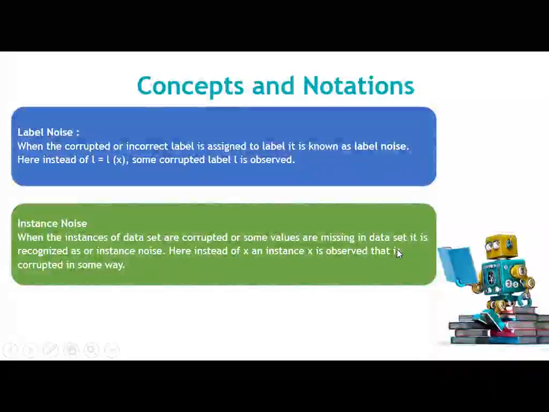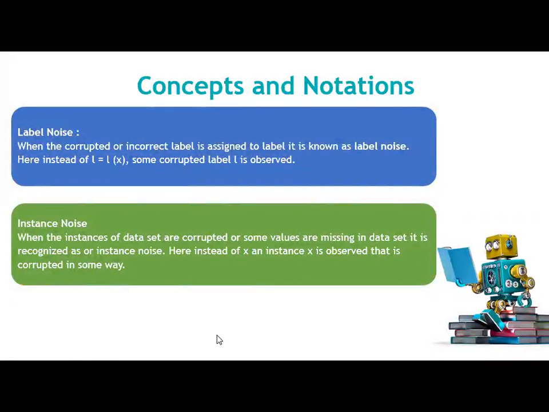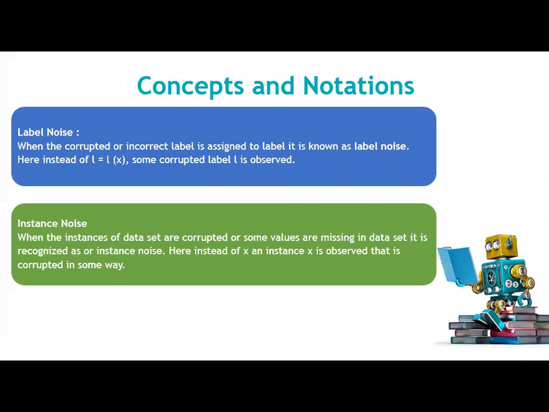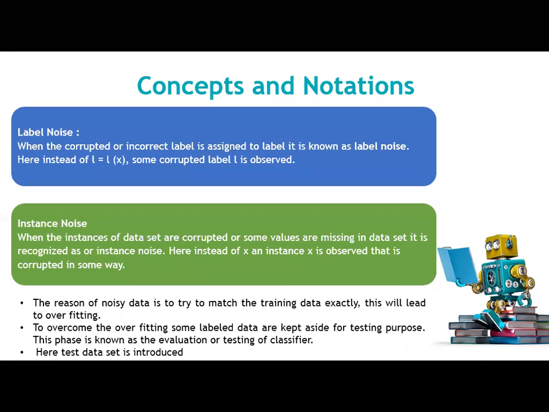So instance noise means what? As I already told you, suppose only one student has failed in some subject, say the ML subject, and that roll number is 18, but my perception is that 18 passed and some other student, 62, failed. So instead of one instance, another instance is observed in a corrupted way. This is what instance noise is. So noise is present in the instance, and noise can also be present in the label.